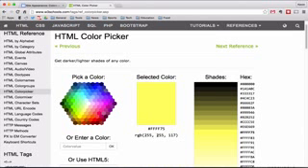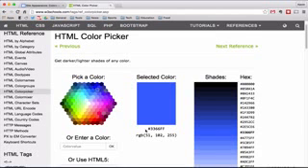But instead of having these normal numbers, they have what are called hexadecimal numbers. So FF, FF, and 75. And you don't really need to know how the hex numbers work. But just let it be known that normal numbers are base 10 and hex numbers are base 16 with letters and numbers. But this right here is that. And if I were to click that, that changes the RGB value, and that's my hex value for that